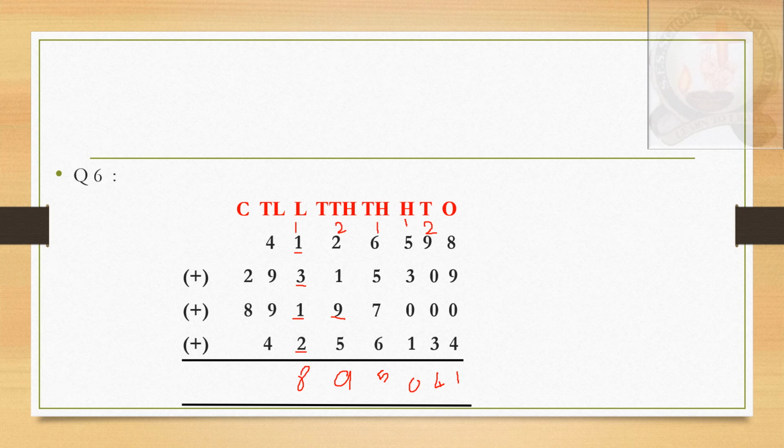So 1 plus 1 is 2, 2 plus 3 is 5, 5 plus 1 is 6, 6 plus 2 is 8. Okay, now 4 plus 9 is 13, 13 plus 9 is 22, 22 plus 4 is 26. For 26, write 6 and 2 carry. Now 2 plus 2 is 4, 4 plus 8 is 12. Write 12 as it is because there is no digit next. Now if you put commas, it is 12 crore 68 lakh 895,000.